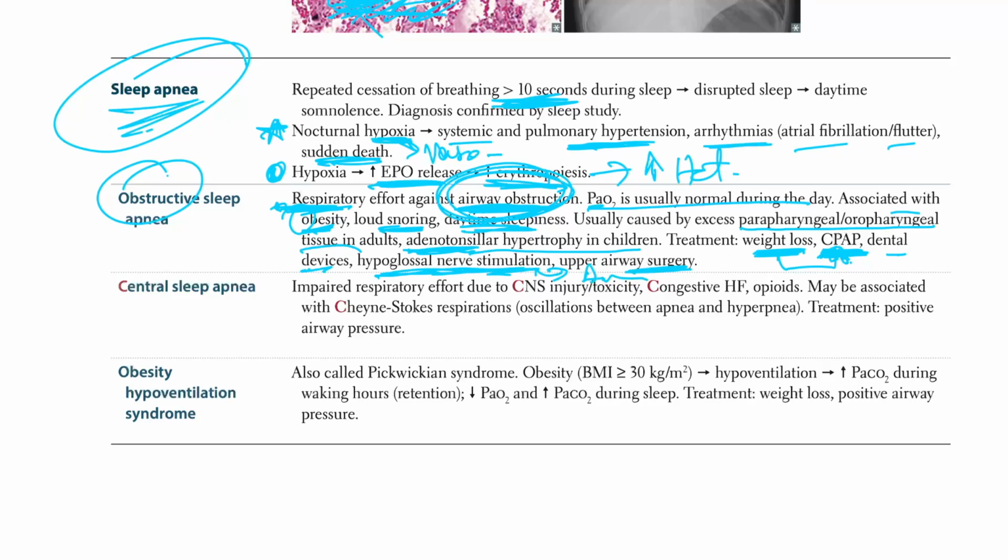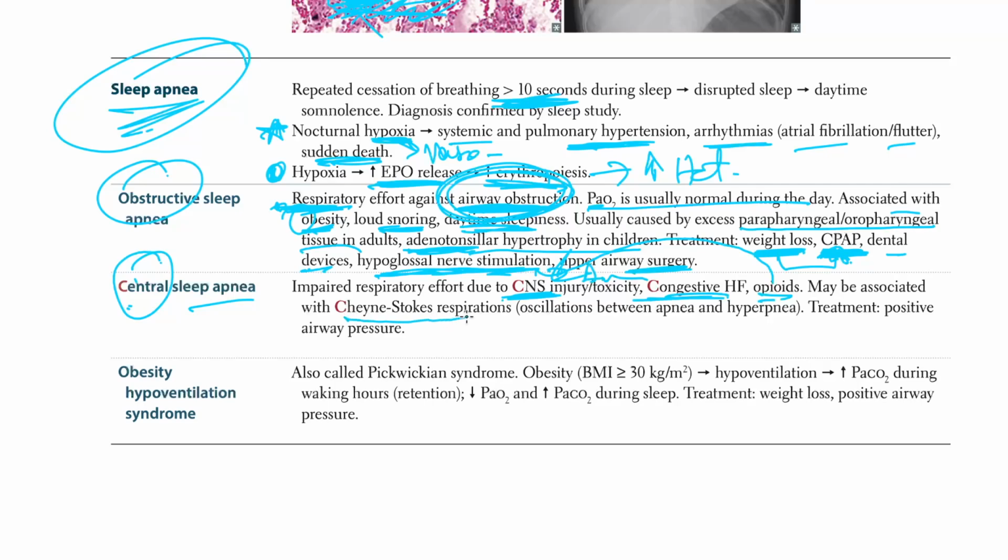Then you have central sleep apnea. Central is all about the brain, right? CNS, central brain. So impaired respiratory effort due to CNS injury or toxicity, or congestive heart failure, opioids. Opioids also decrease the respiratory drive, right? May be associated with Cheyne-Stokes